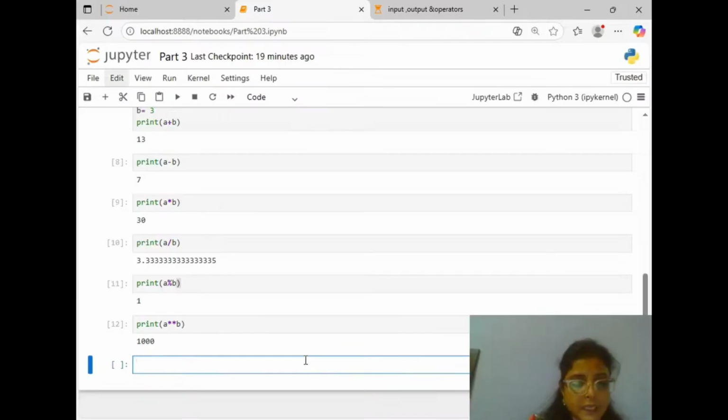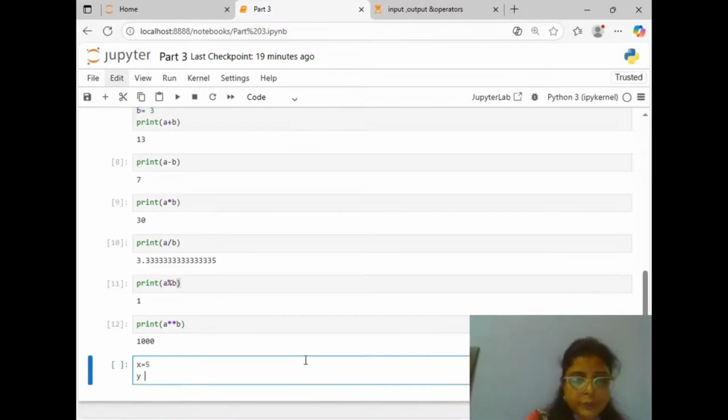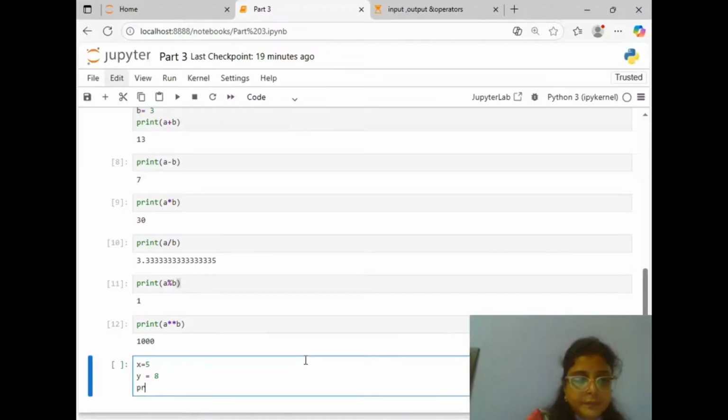If x is equal to 5 and y is equal to 8, print x is greater than y. So will you tell me what will be the output?